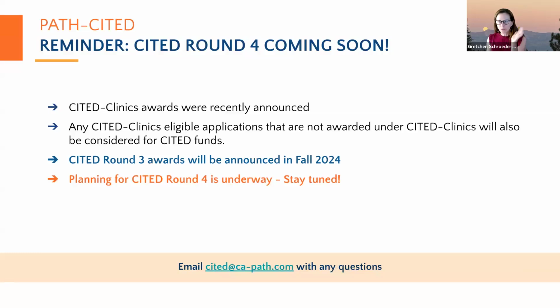So another reminder, just want this to stay on everybody's radar here. The last round of PATH CITED, we're still waiting for them to actually announce the date that they're going to open applications. We're still thinking October, November. Unless, Ashley, you've heard anything different, we're still waiting to get the final word on that date. But just wanted to keep that on your radar here. So if you do want to apply for this last round of PATH CITED, you can keep working on your application, keep thinking about what you might need dollars to do to help with ECM and community supports. And so when it does open, hopefully October or November, we can jump on that application and get that submitted.